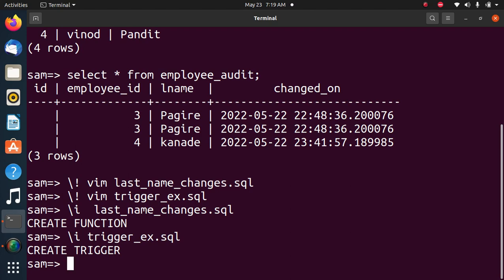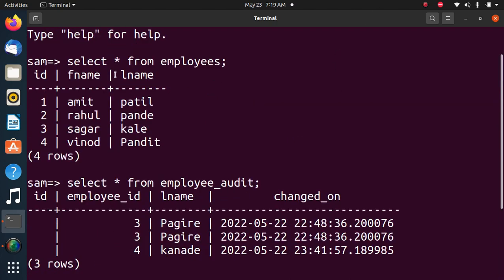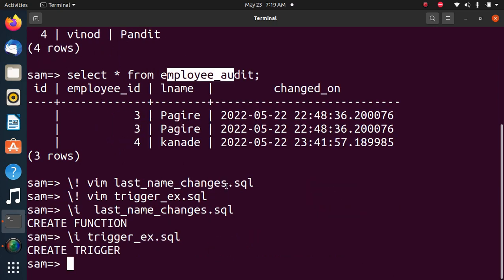Now I will change the last name of the first record from Patil to something else, and it will be reflected in the employee audit, without inserting a record in the employee audit. We will see that.